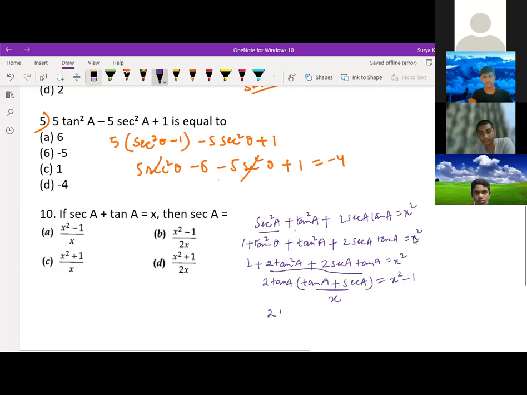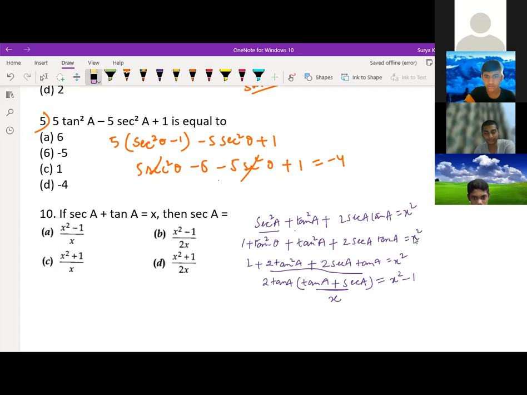Tan A. Just a minute. Sir, you send the 2 and the x to the other side as well. Yes, but what is better is to convert tan to sec form, that is better to get the sec answer. Yes, sir. That can happen. I mean, it's going to be 2x tan A anyway for this. So yes, send the 2x over to the other side.